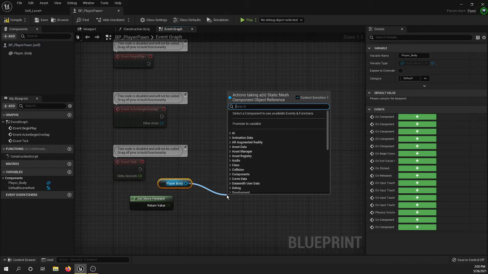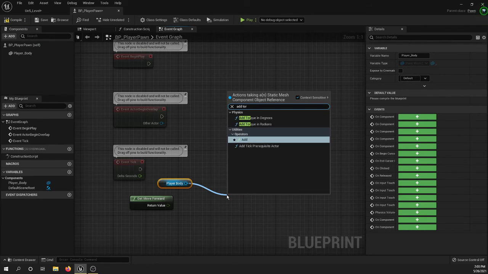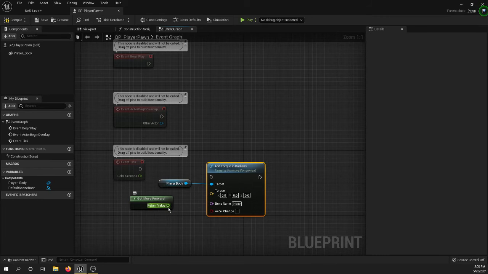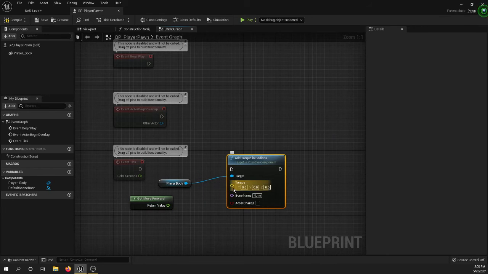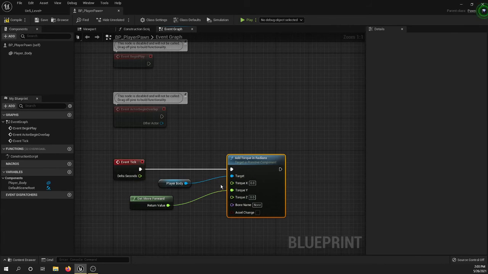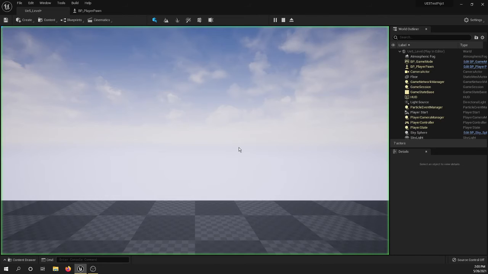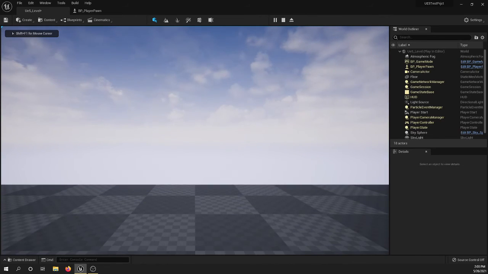And one thing we're going to do is add some torque in radians. Then I'm just going to split this struct pin and add it on the y-axis. If I just save it right now, play,